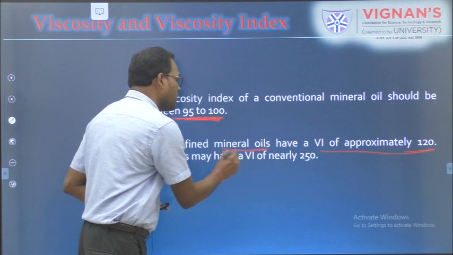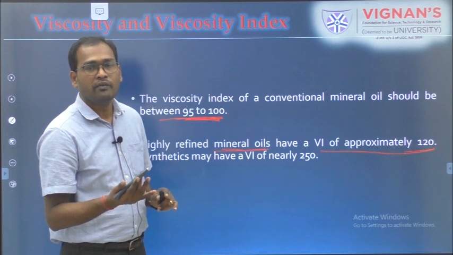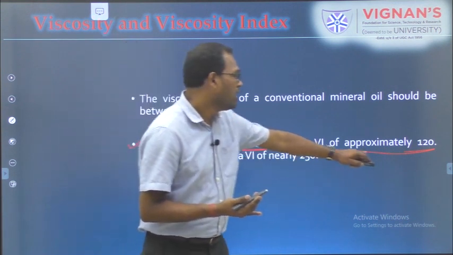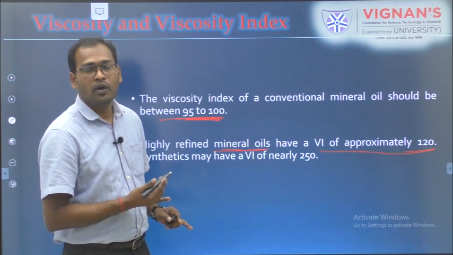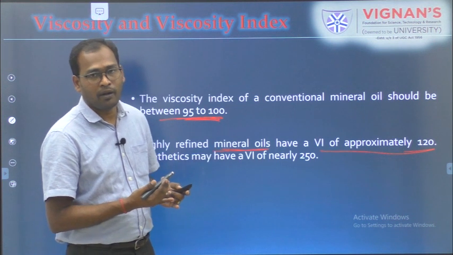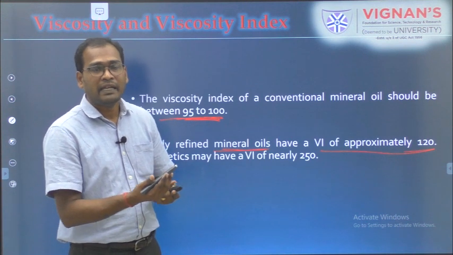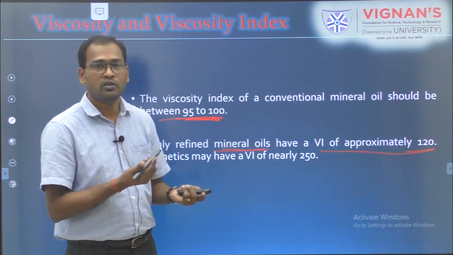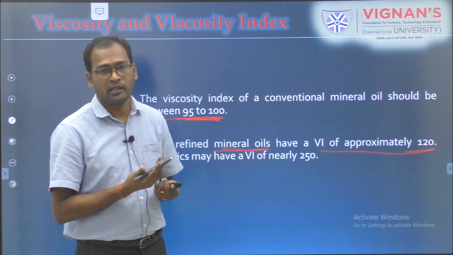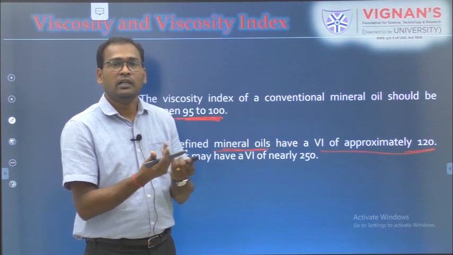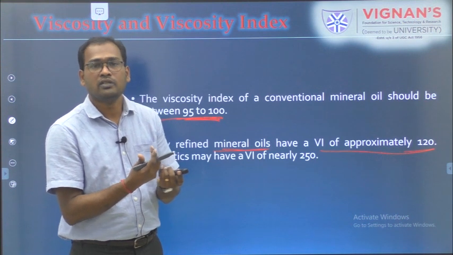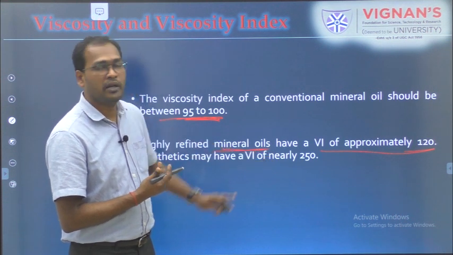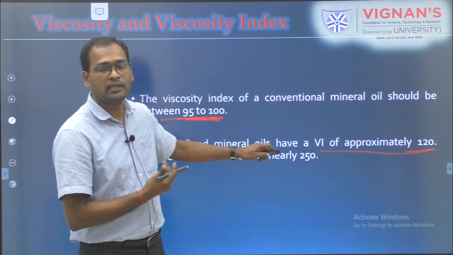Usually mineral oils are hydrocarbons obtained from petroleum wells. These mineral oils have a very high viscosity index of around 120. The reason is that they are all hydrocarbons, and those hydrocarbons will not get broken or changed when the temperature is increased. In order to break these hydrocarbons, you need very high temperature. Because of this, they won't change in their adhesive or cohesive property, so there won't be any problem using these mineral oils as lubricants.